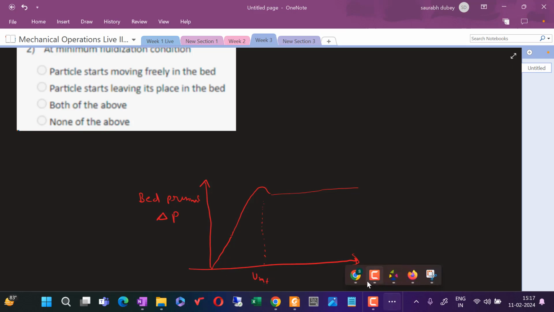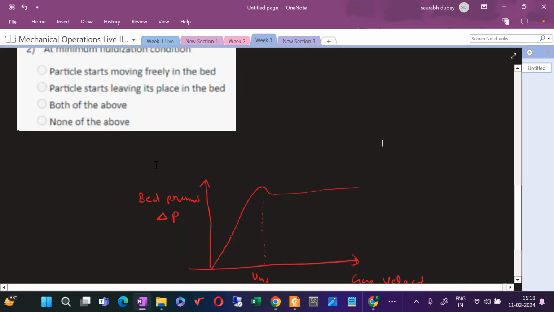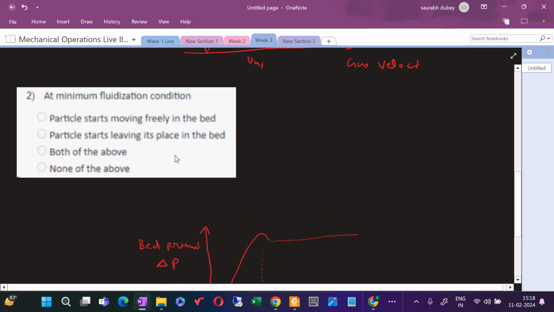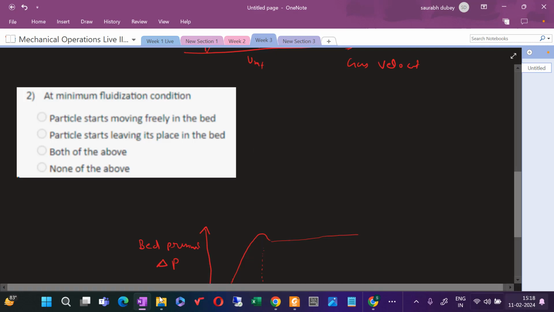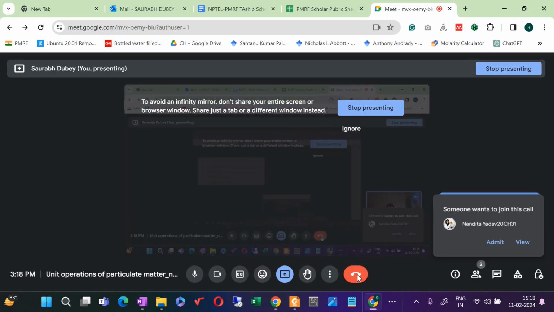So at the minimum fluidization condition, you think about this, and obviously when this fluidization is happening,